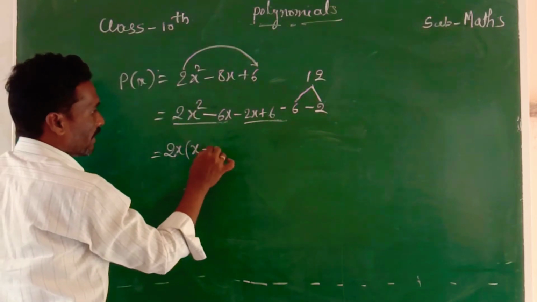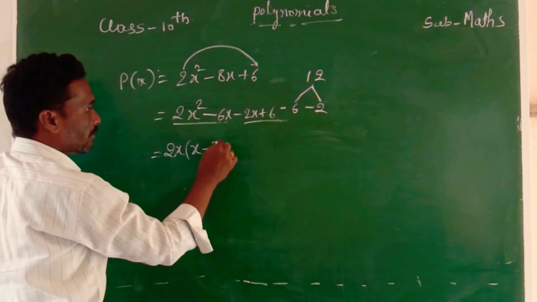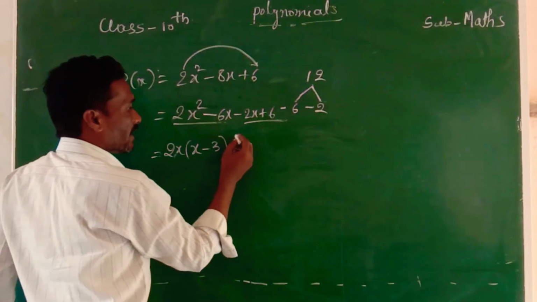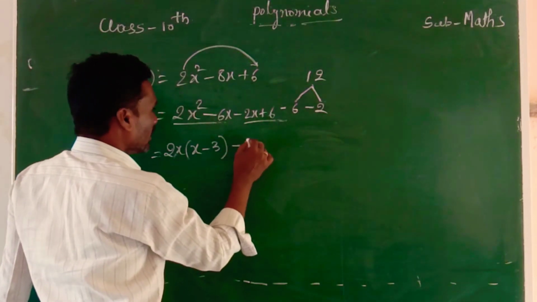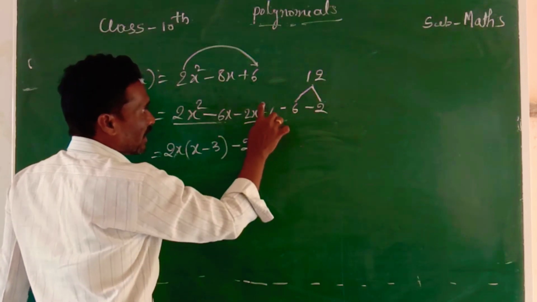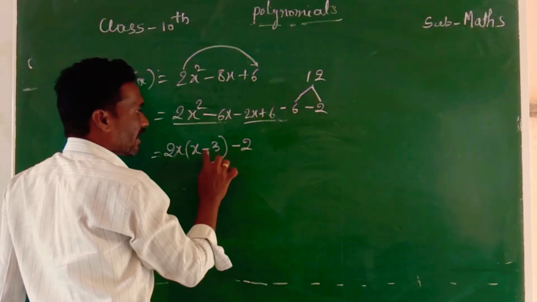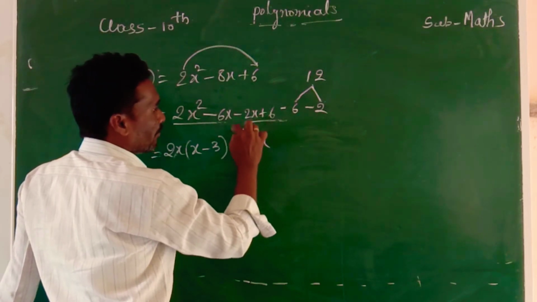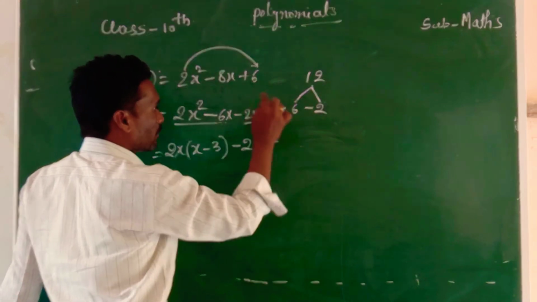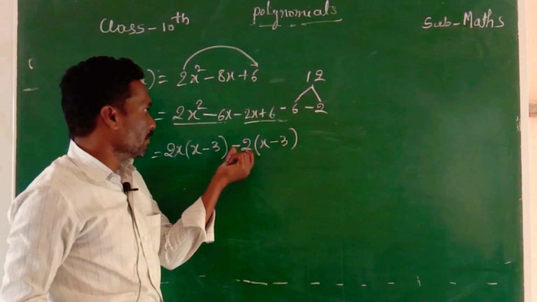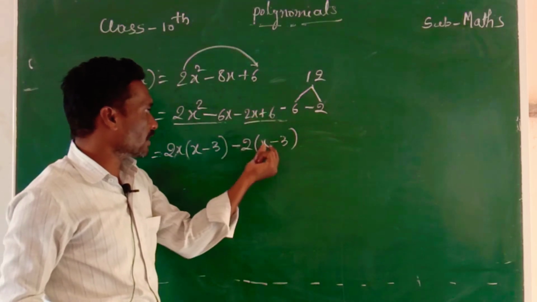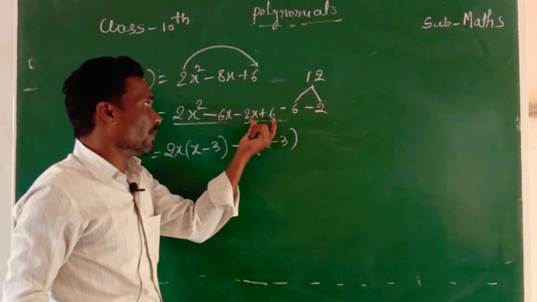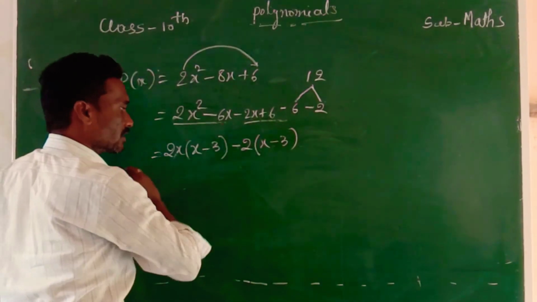So I am writing this. Minus 2 threes: 2 has already come outside, what remains is 3, and x also comes out, so inside the value is x minus 3. And here you have to take minus 2 as common. Why? Because inside we have to get minus. Minus into plus, minus into minus will get plus. So I take minus 2 common outside, and x remains. Why did we write this minus? Because minus into minus gives plus. The value should not change.